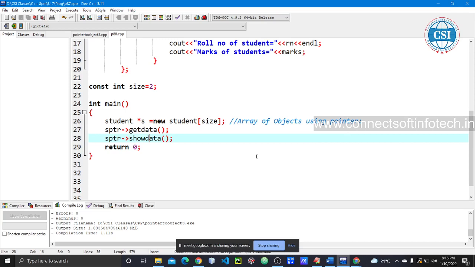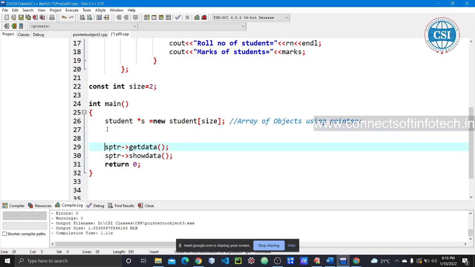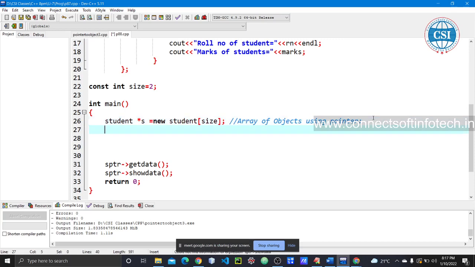So create another pointer variable. Another pointer variable needs to be created here: student asterisk sptr, another pointer variable.